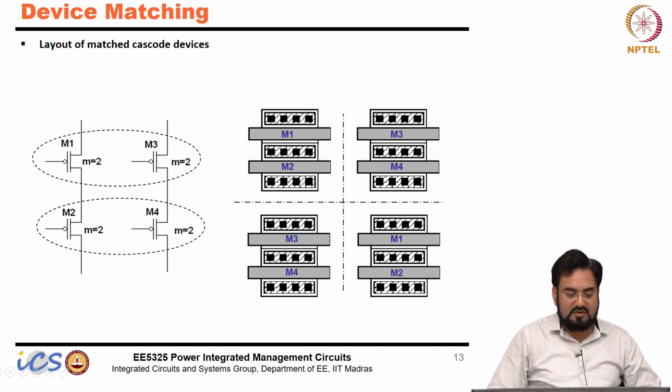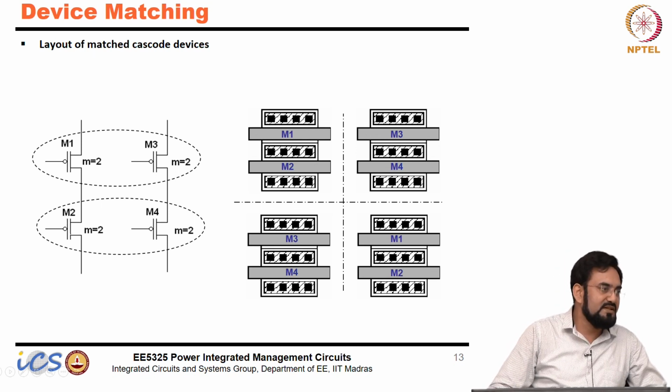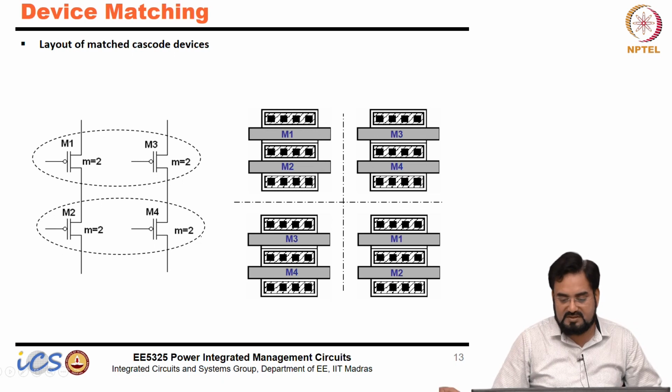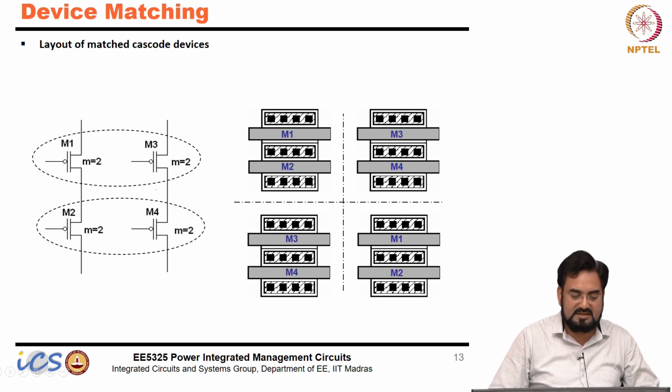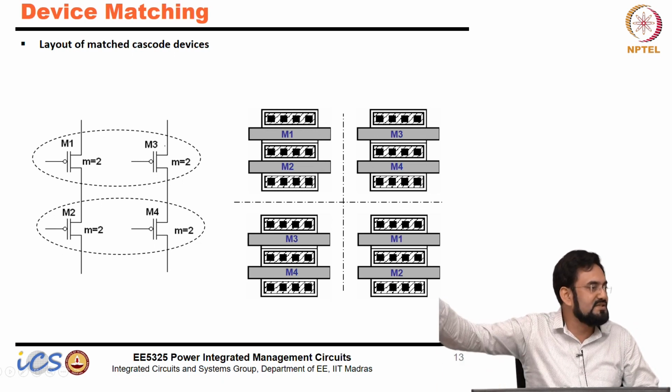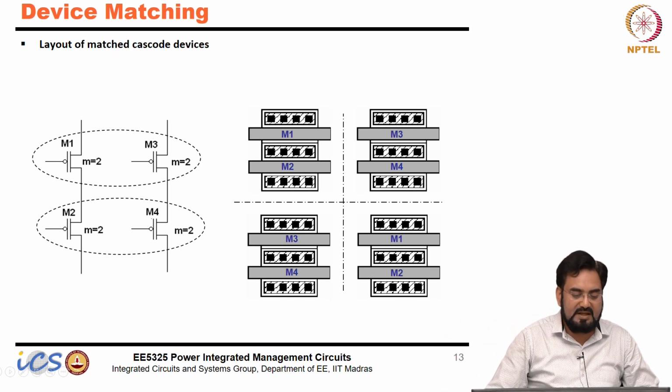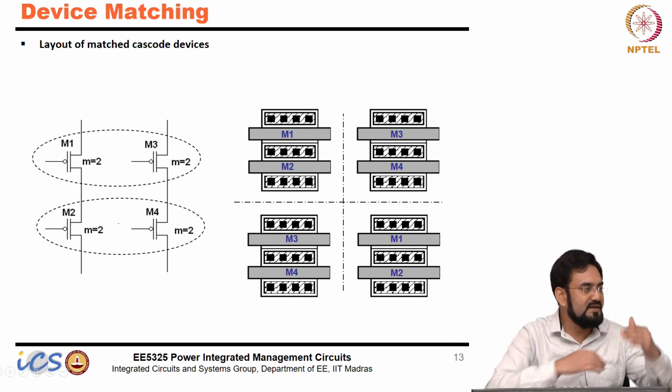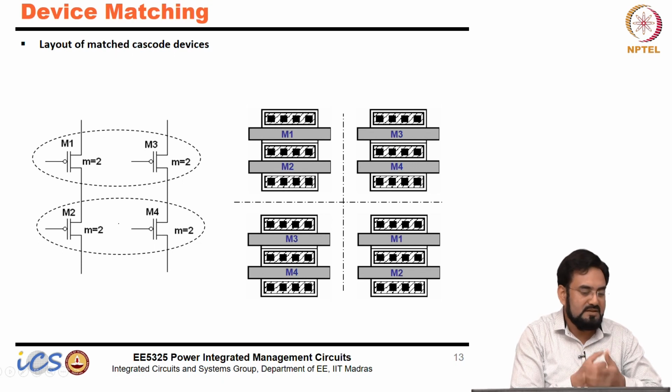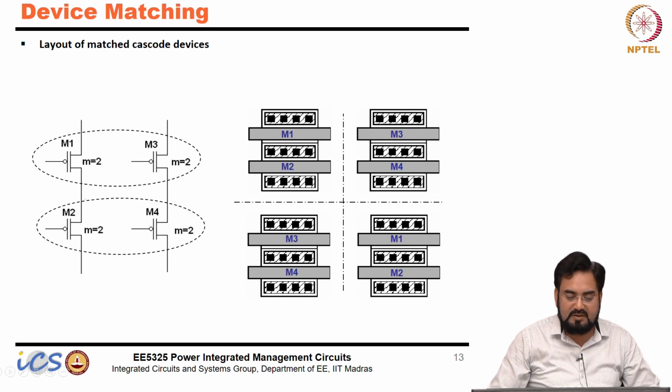Cascode. If you have a cascode, we know that one device is on top of the other. There could be two ways of doing that. One, you can just route M1, M3 separately in the common centroid, and M2 and M4 separately in the common centroid, and connect them together. But the better way is that you route M1 and M2, make a single device, and you can share the source and drain of this.